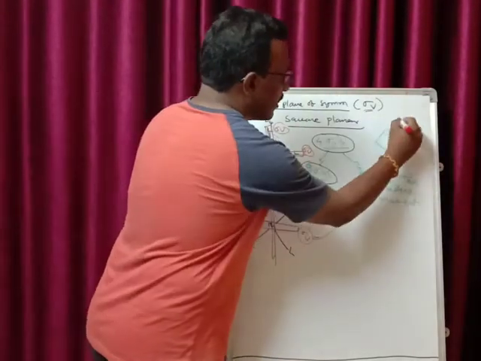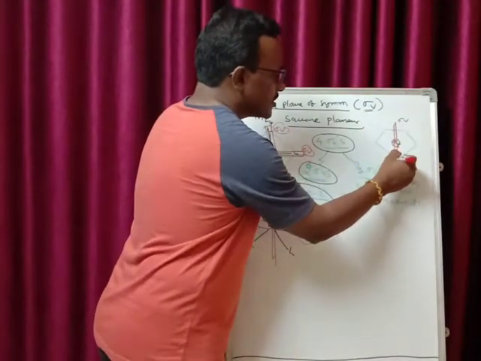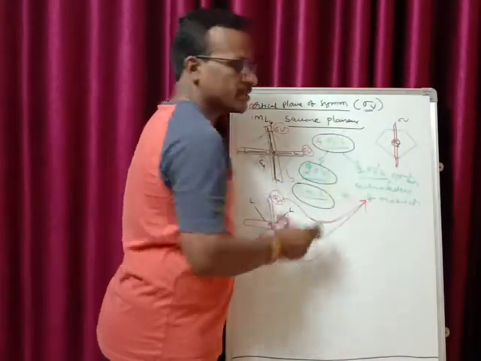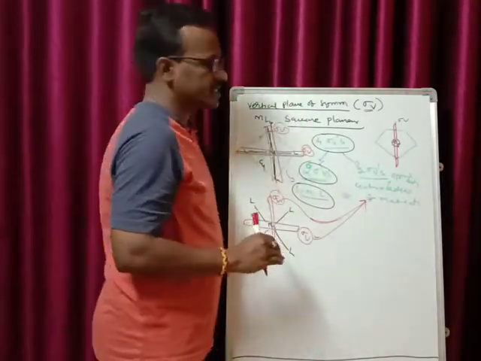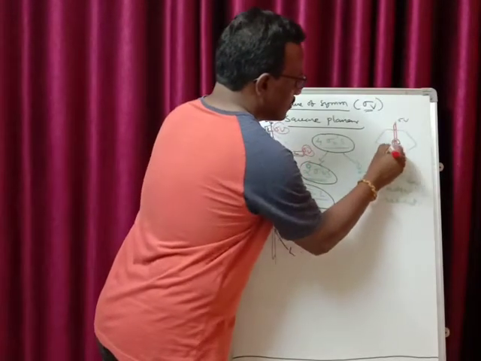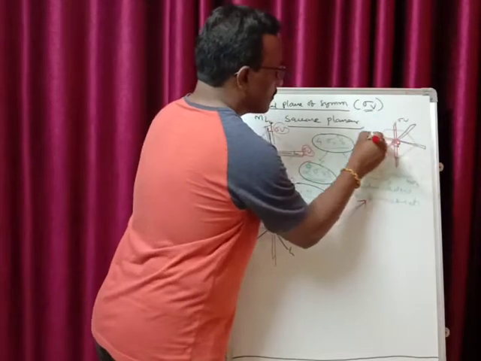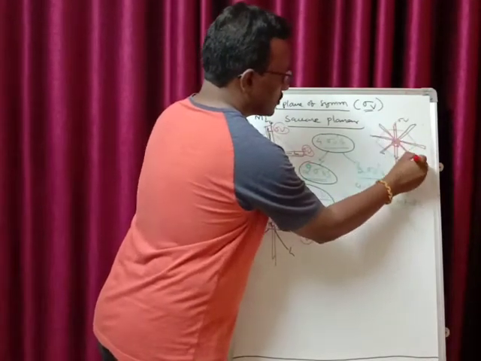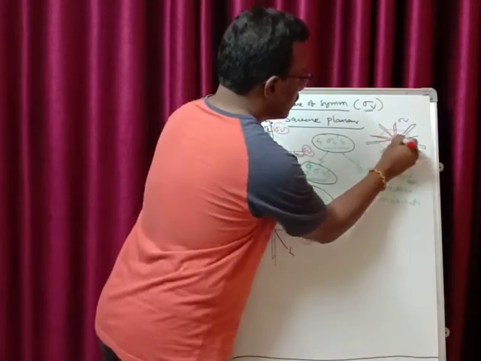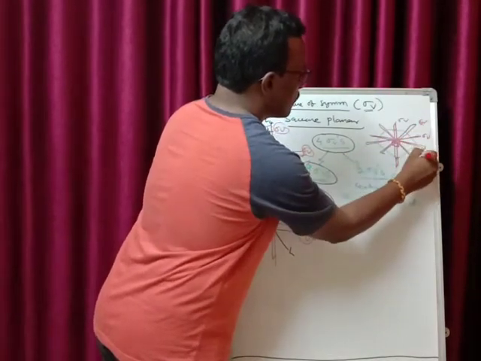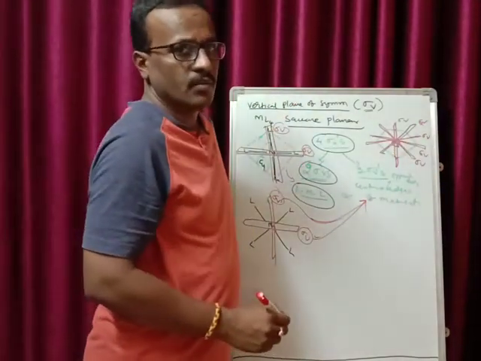Each sigma v here in case of cyclopentane is passing through the center of the opposite edge and the corner. In case of your cyclopentane, you have 5 edges and 5 corners. That means it will have 5 sigma v's. This is one sigma v. This is the second sigma v. This will be your third sigma v. This will be your fourth sigma v. And this will be your fifth sigma v. So altogether you have 5 sigma v's in your cyclopentane molecule.